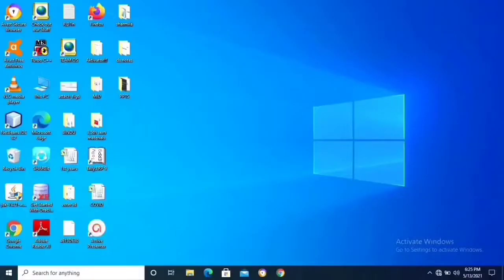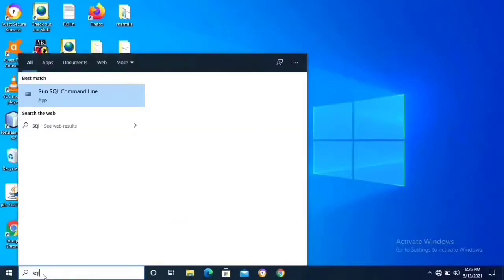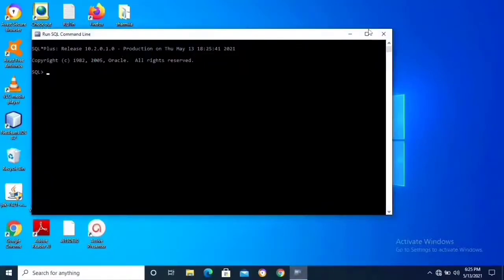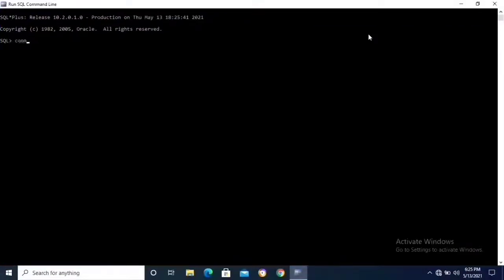Today we will see how to write SQL queries using an SQL database. First of all, install the Oracle software. After installation, go to search and run SQL command line. This is the SQL command line. Open and connect. Type connect, enter. Username and password. My username is system and password is also system. At installation time, I entered username and password as system.